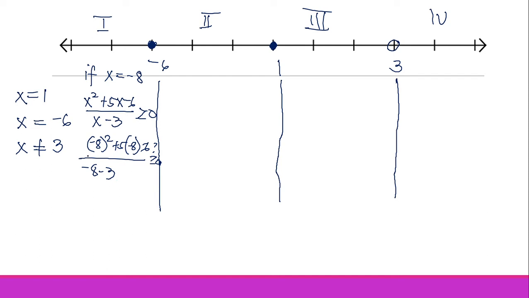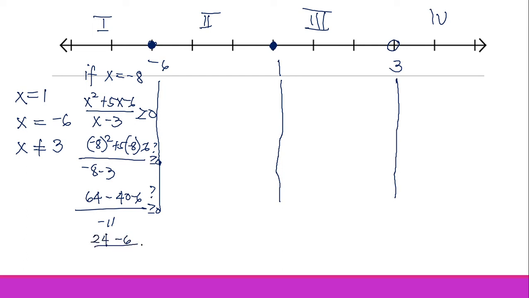We have -8 squared, that's 64. Positive 5 times -8 makes it -40. Minus 6 over -8 minus 3, that's -11. Will that be greater than or equal to 0? So we have 64 minus 40, that is 24,